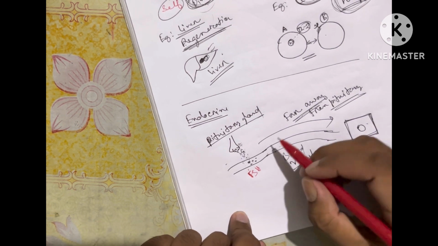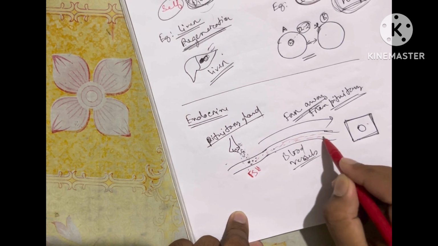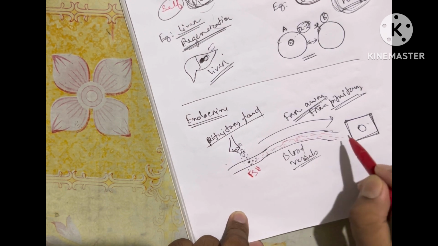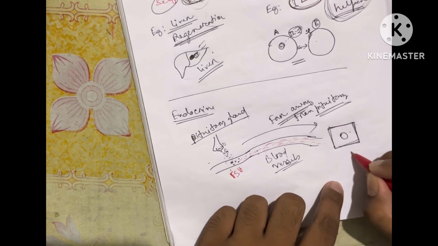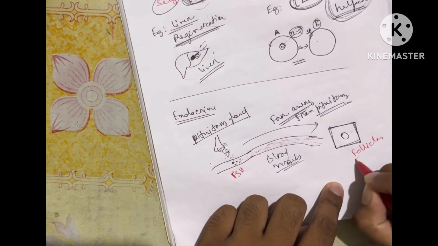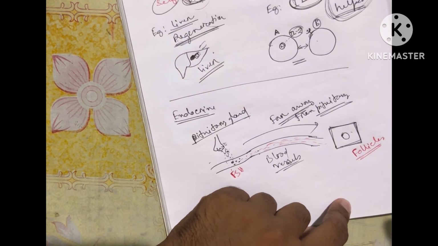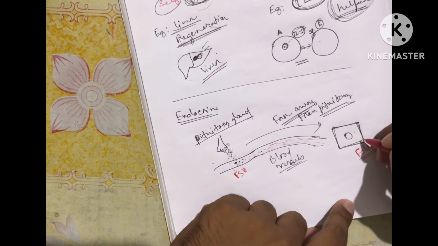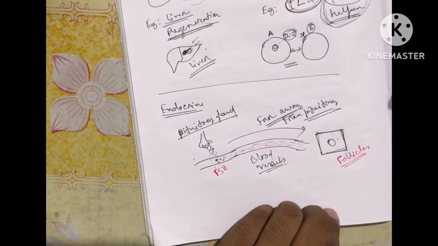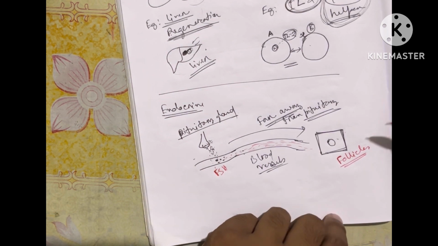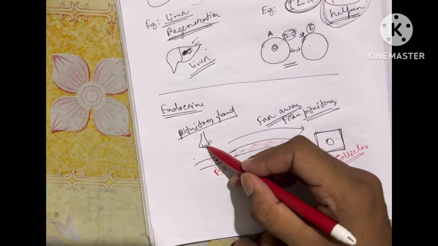So this follicle stimulating hormone will travel across our blood vessel, and it will reach our follicles which are present in our reproductive system. Then it will stimulate all the follicles to develop our gametes, which are the sperm or ovum. So here FSH is secreted from our pituitary gland, and